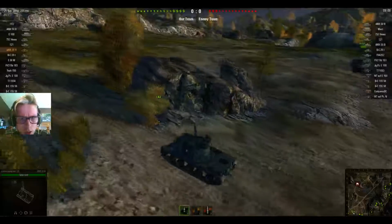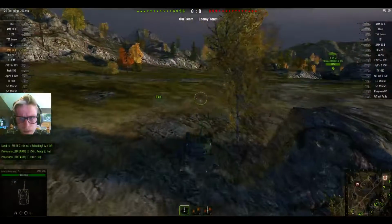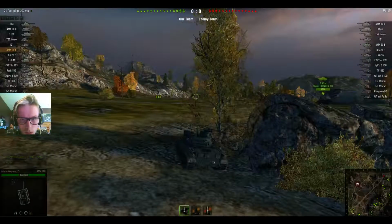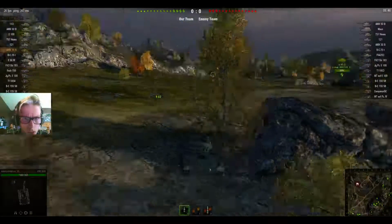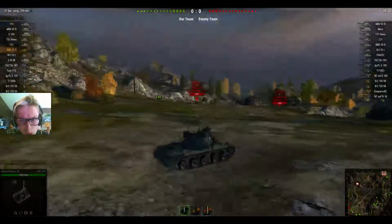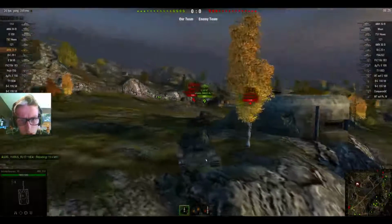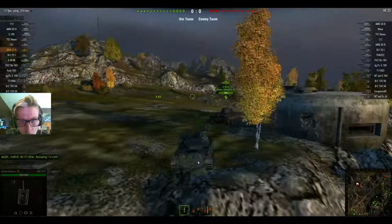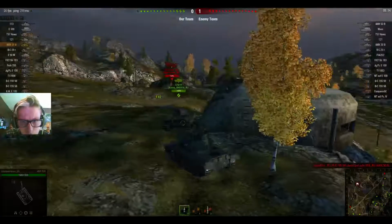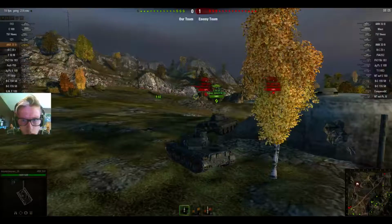We have a bat chat. I almost don't want to go forward, but probably break cover and go. We spotted the AMX 50B and the Waffenträger. Should be popping out any moment now. Hoping there's nothing on me. And the Leopard, or...